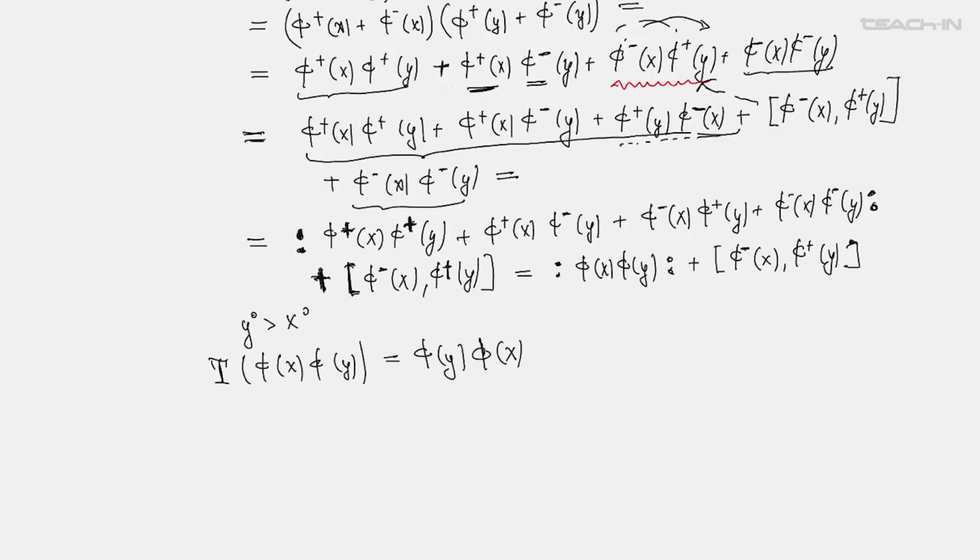Then again, you write all the fields with positive and negative frequency parts, and you use the same trick of ordering fields according to the normal ordering prescription. And as a result, you will get a commutator left over. So at the end, the result is written again as a normal ordered product of phi on x with phi on y, plus this time the variables x and y interchange. So you get phi minus on y, phi plus on x. To summarize,